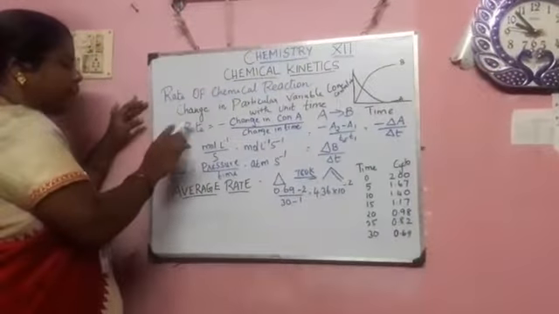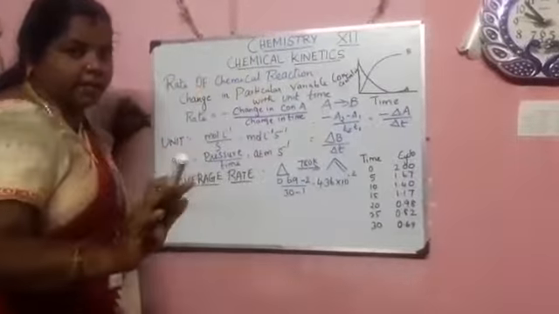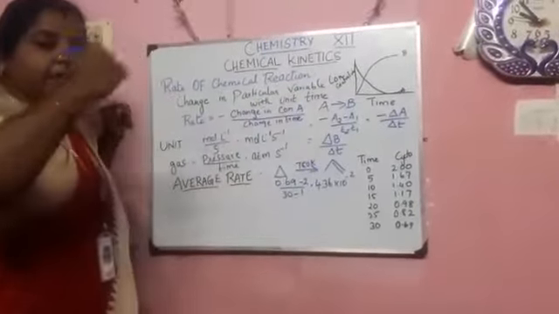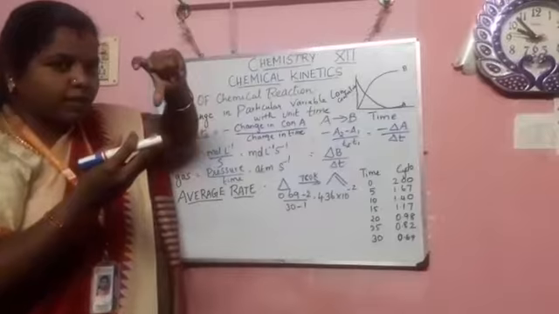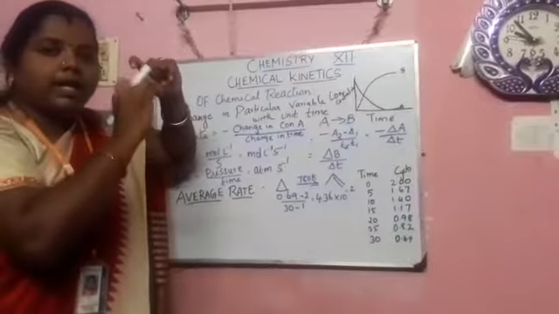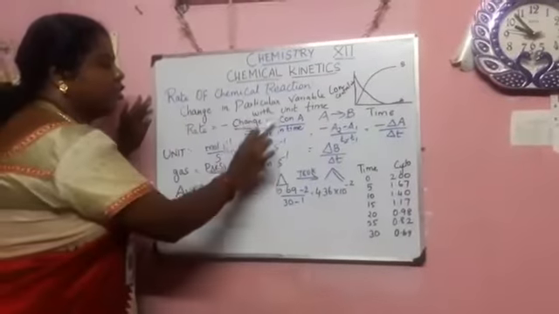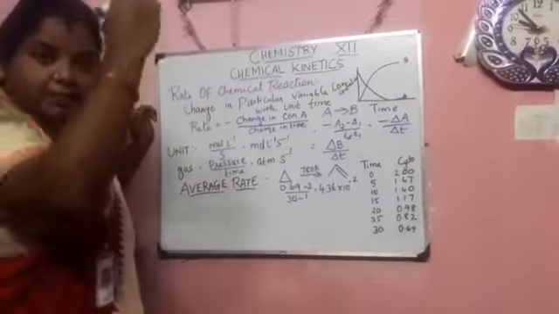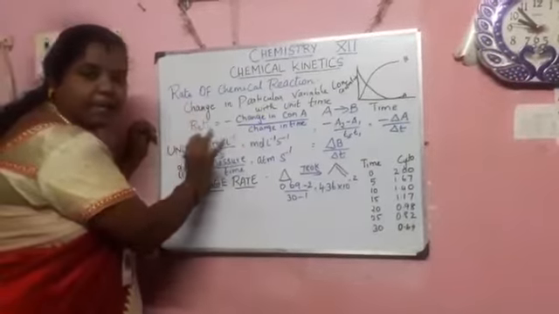Now see the definition. Rate is equal to the change in concentration of A, because here the only reactant is A, with change in time. As time increases, after 5 minutes, the water we slowly transferred has almost fallen into cup B, isn't it? So that is the thing. The change in concentration of A with change in time. Here a minus symbol is given because it has been reduced. Whenever you consider the reactant side, you always put a minus symbol.